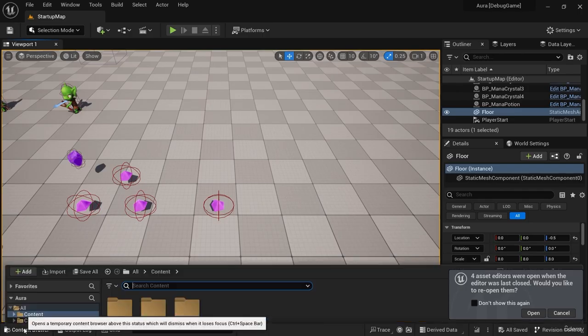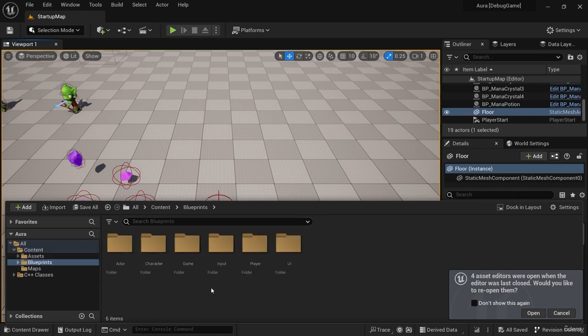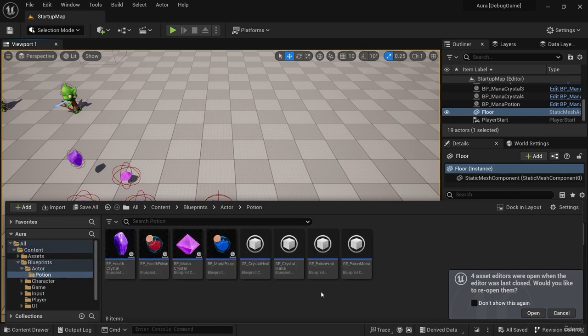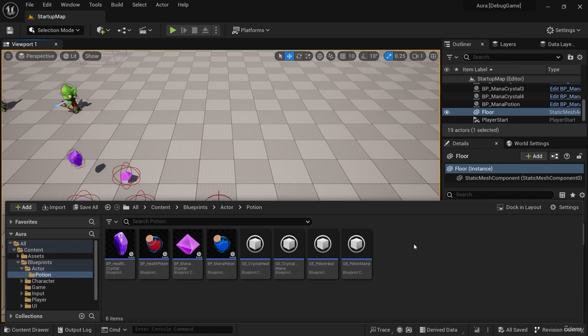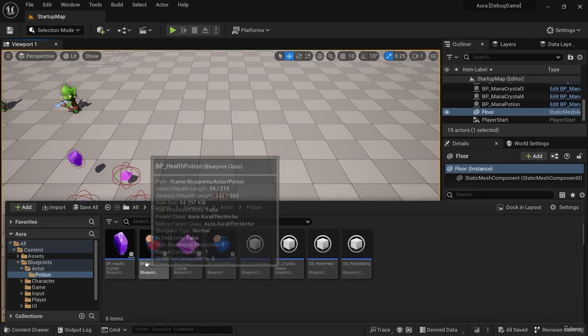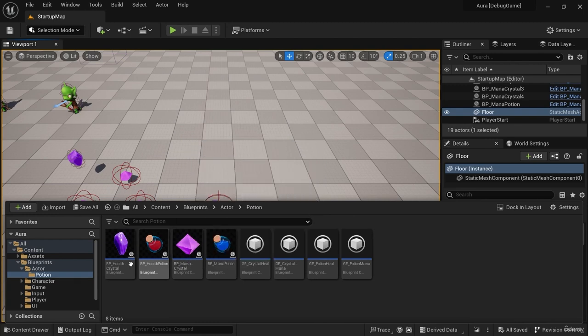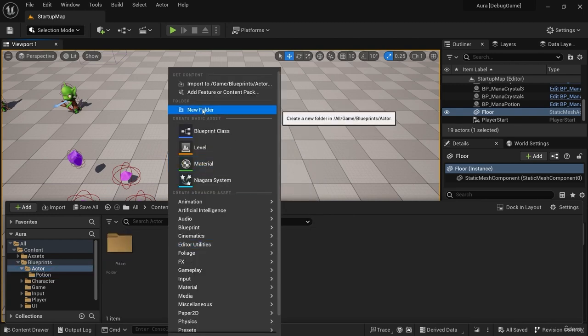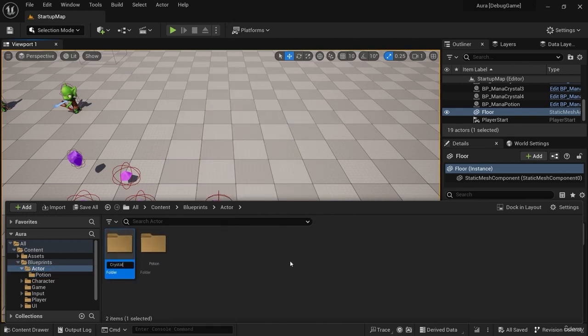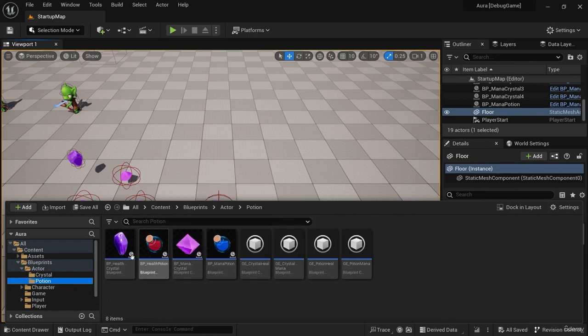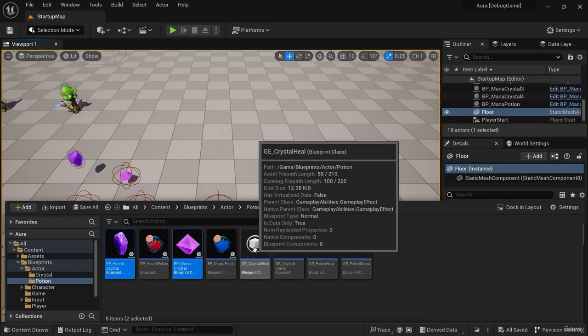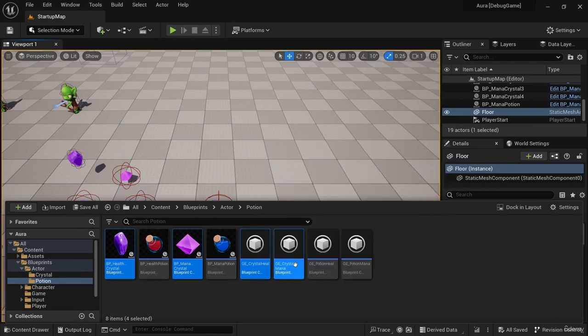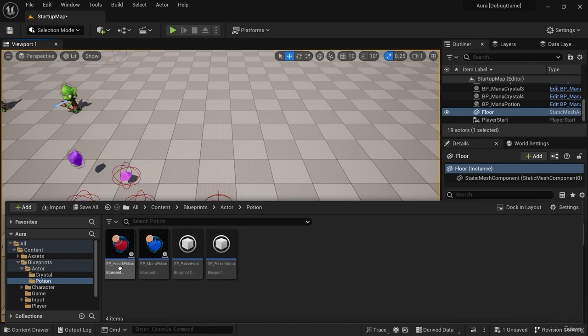And here in the editor, I'd like to make a new gameplay effect. I'm going to go to Blueprints, Actor, Potion, and it's time, I think, to organize these a bit. I'd like to have a folder for the health and mana crystals. So here in Actor, I'm going to make a new folder called Crystal. And from Potion, I'm going to move the health crystal, the mana crystal, and crystal heal, and crystal mana. With all of these selected, I just held Control and left-clicked on them. I'm going to move them over to the crystal folder, select Move here, and that way our potions are here,